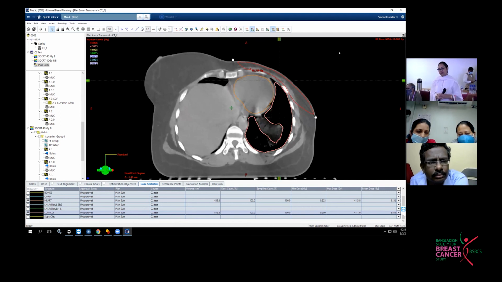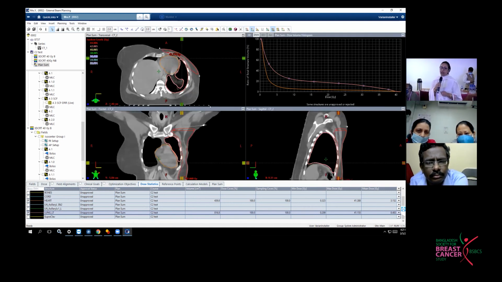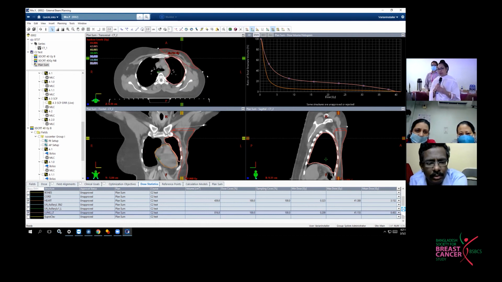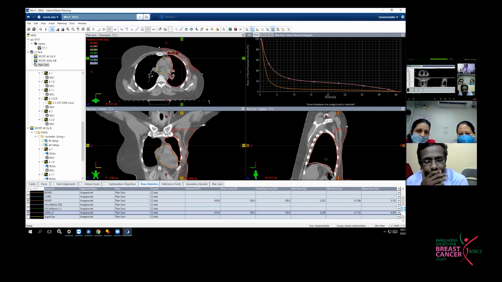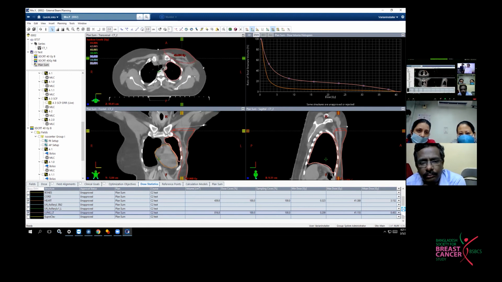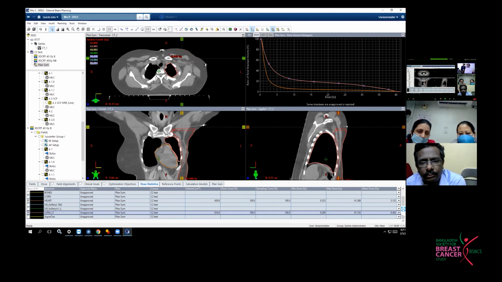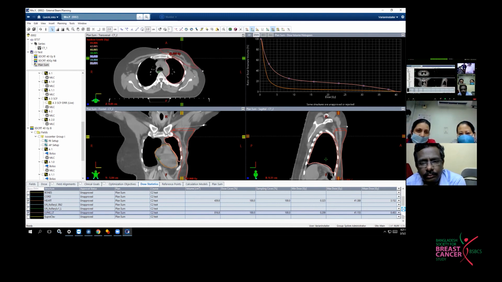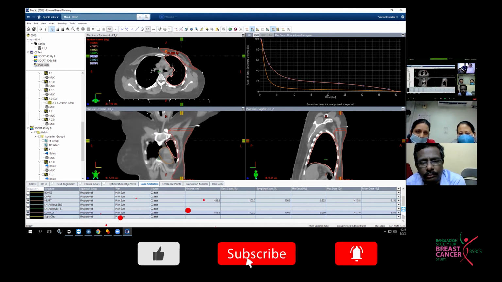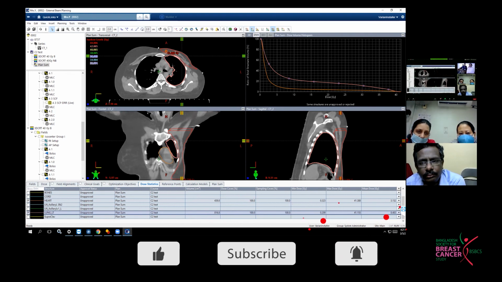See, for example, particularly if this is the case, do you have respiratory gating, I mean, deep inspiration breath hold? If you have that, then I don't think so. You don't have it? No. Okay, so then it's a trade-off. How critical is her tumor stage, it will also depend on that. I would not bother much about lung dose, unless you are restricting it to 30 and 35% and in the worst anatomy. But I would really be concerned about the heart dose, which should be strictly limited, as low as possible.